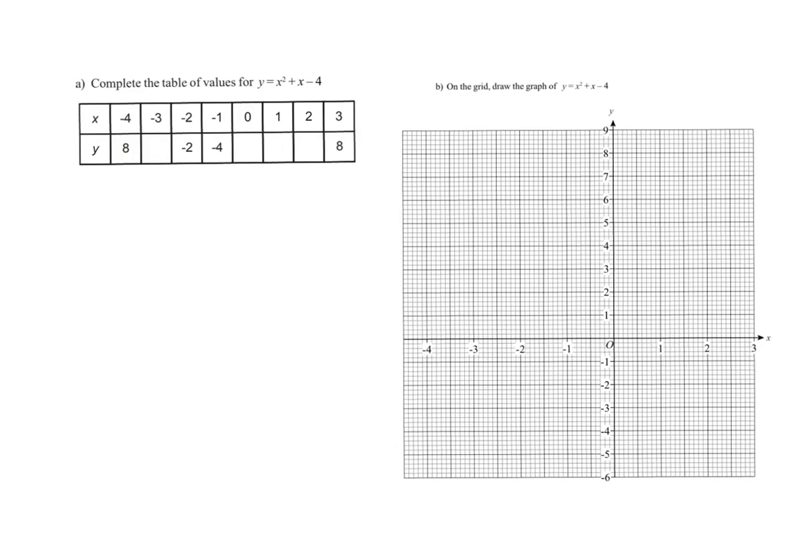In this video, we're going to have a look at completing a table of values for a quadratic and then using that table of values to draw the graph of the quadratic. So let's start with completing our table of values. Now, if you're doing this without a calculator, you will need to substitute each value into the equation to find